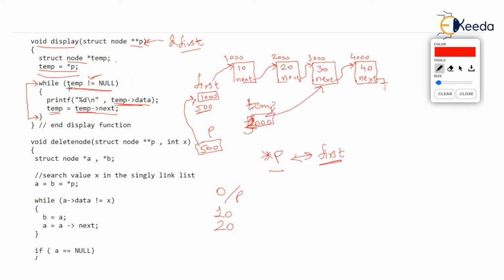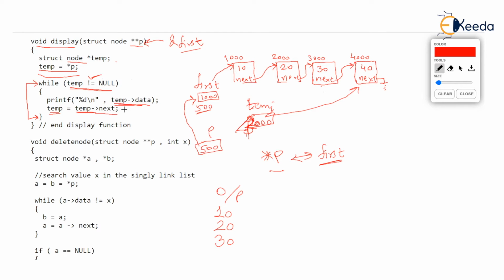Is temp still not null? Which is true. Temp is pointing to 30. So you enter the while and print data. Data now at temp arrow data is 30. And temp becomes temp arrow next. That means temp will point to the next node. It will store the address of the next node, and the address of the next node is 4000. I hope you are understanding. So temp will point to 4000. The address stored by temp this time is 4000. I am overwriting this, just manage this. Temp pointer now stores 4000.